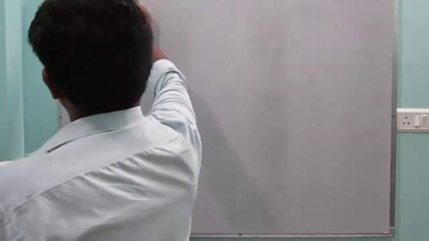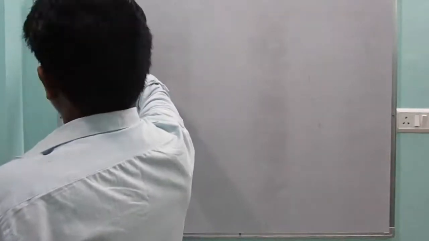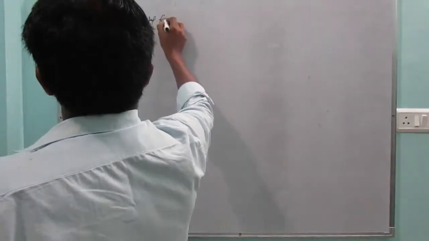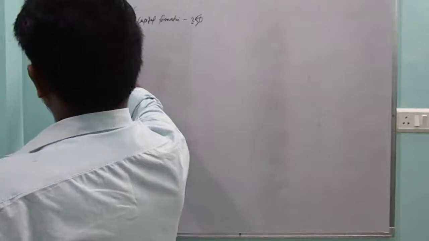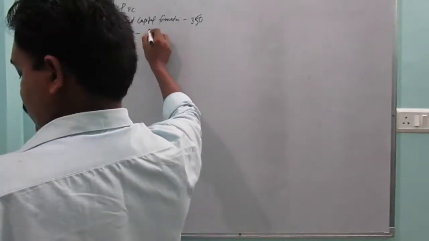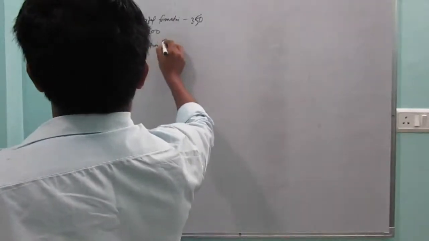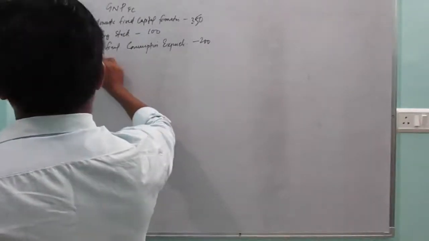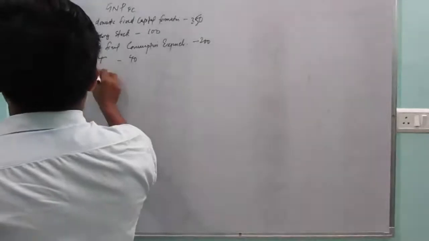One more numerical we are going to see: calculate GNP at factor cost. The particulars: net domestic fixed capital formation 350, closing stock 100, government final consumption expenditure 200, fourth one NIT 40, next fifth opening stock 60,